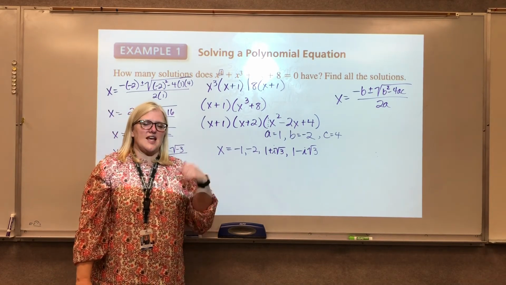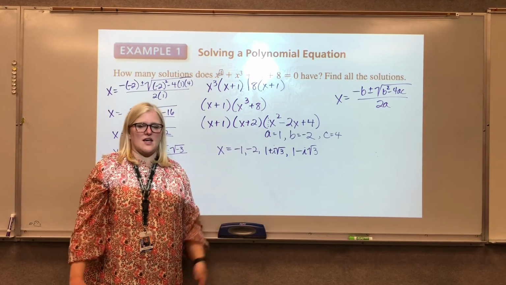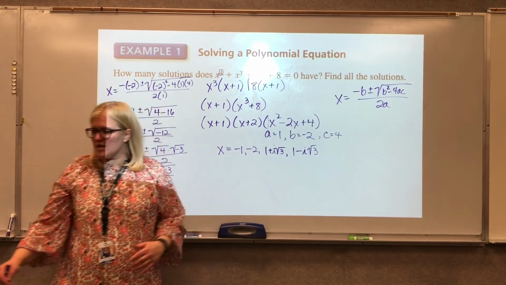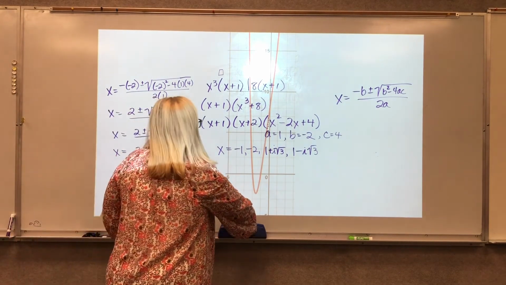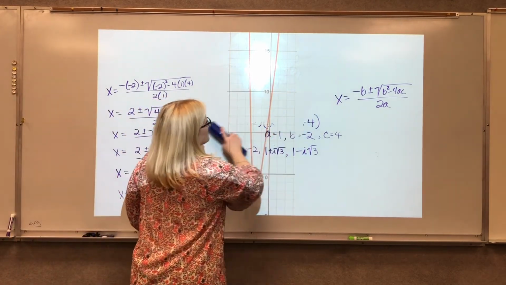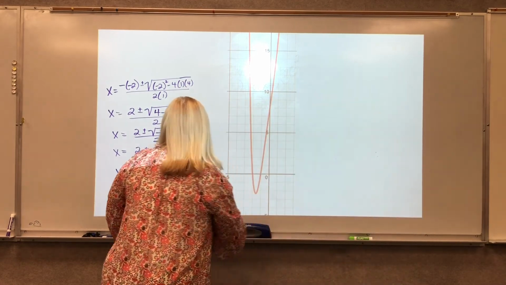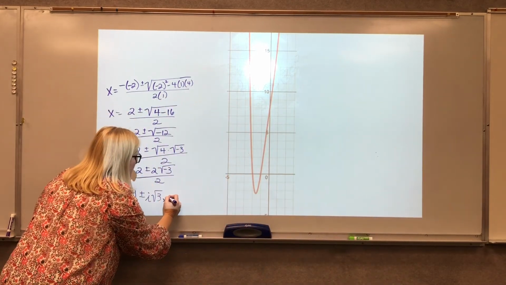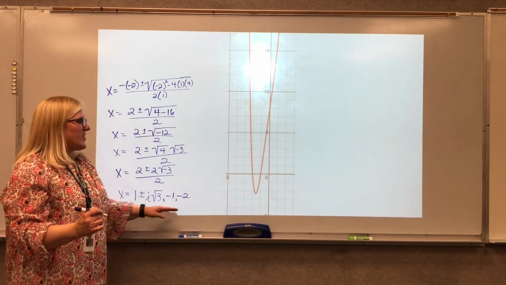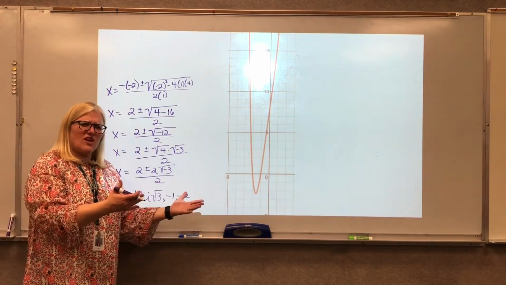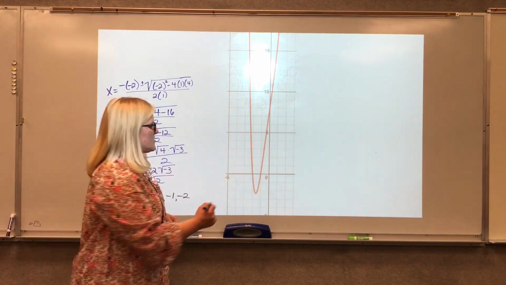Now this next part is something that's kind of important. It'll be on the test. Well, this will be on the test, but this also will be on the test. I put it into Desmos, and this is what it looks like. Now maybe you're wondering, here I'll finish, I think it was negative 1 and negative 2. So if these are my roots, then shouldn't they cross the x-axis in 4 places? Well, they don't. Here's negative 2,